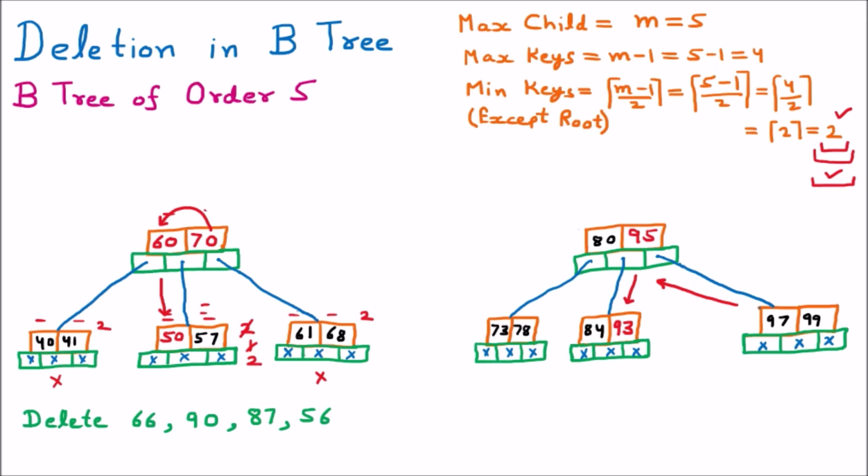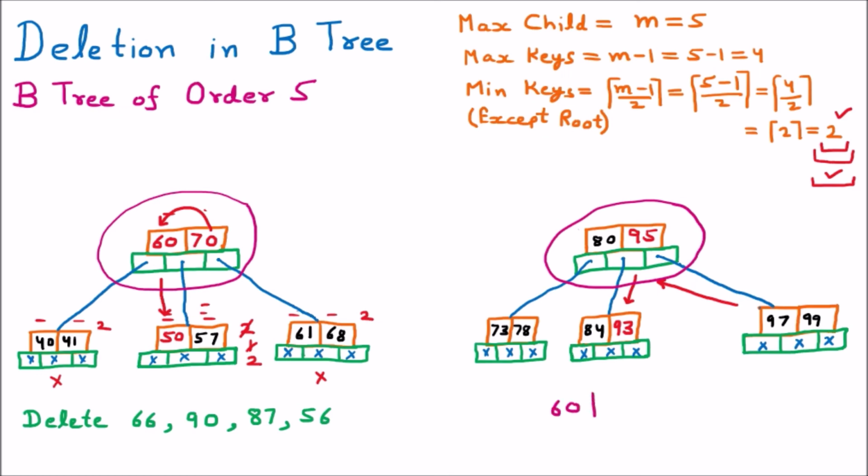So now from this tree the root is deleted. But it is not possible to have a tree without the root. So here what we are going to do, we have the left and the right which were earlier for the root, but now they are becoming the parent. So we are taking them and combining them together.